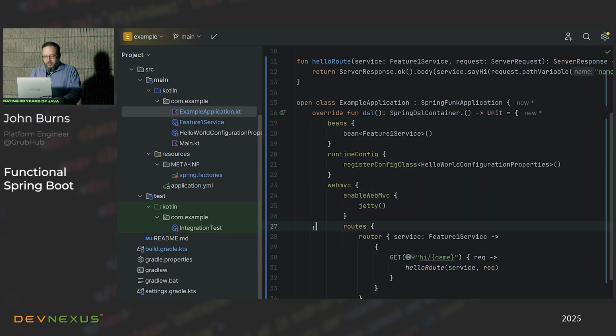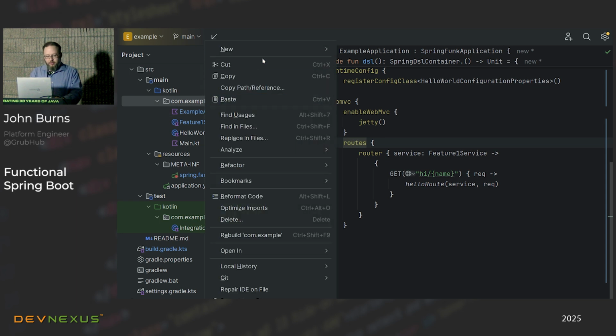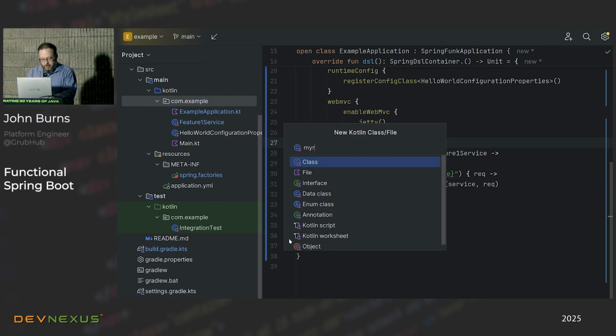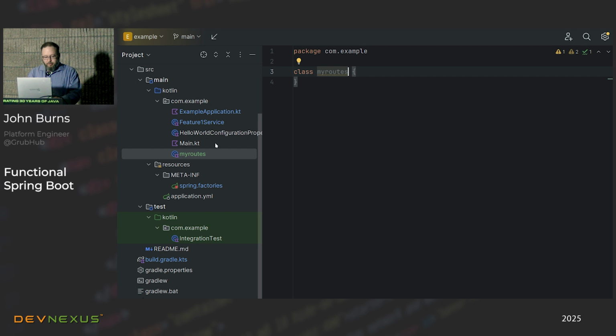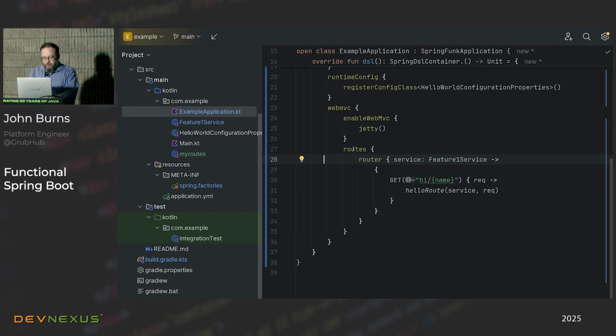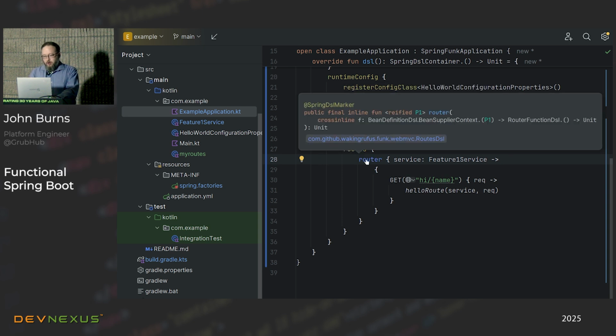Once we start wanting to structure our code, we can do things like, as I was mentioning, abstract away our routes. I'll just do a quick example of this because I don't have that much time left. Say I create my routes file where I want to put this stuff so that it's not so busy in the main thing. If you look at this method here, this is a function that exists on the WebMVC DSL, and it's routes. Actually, let's go inside one level. Router is on the routes DSL object.